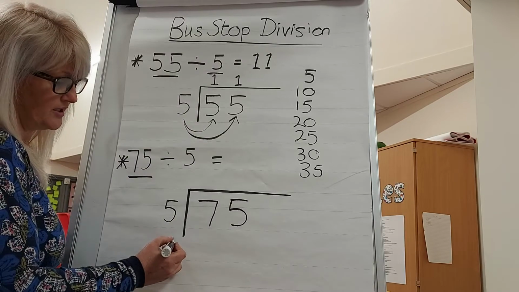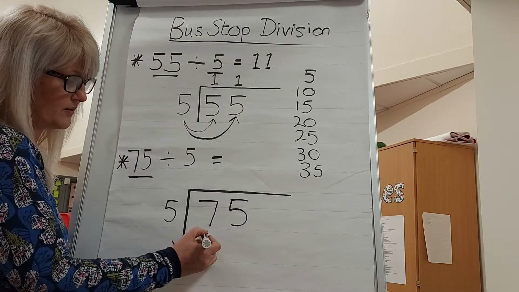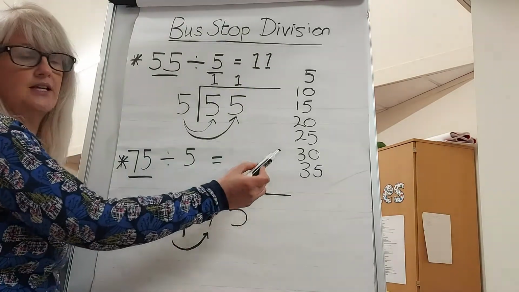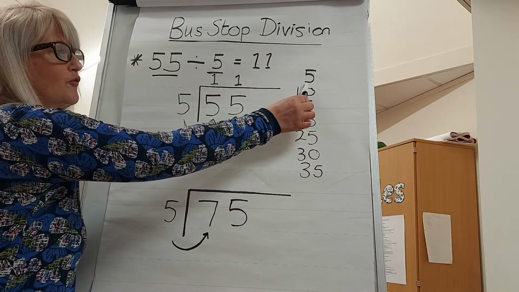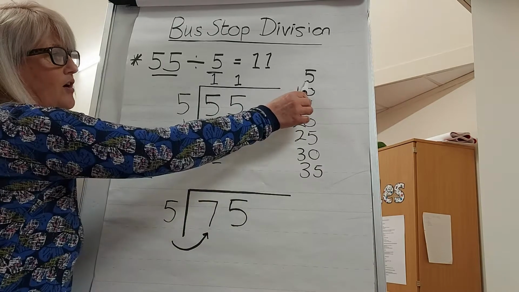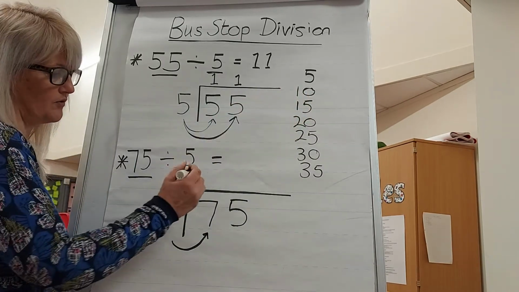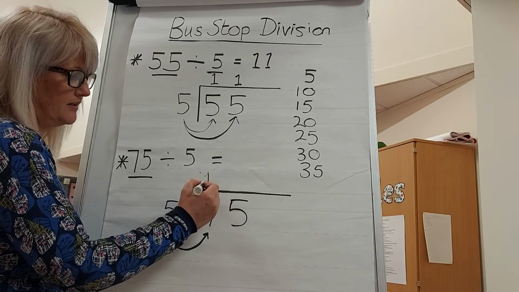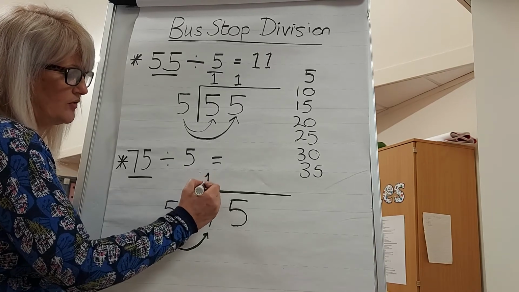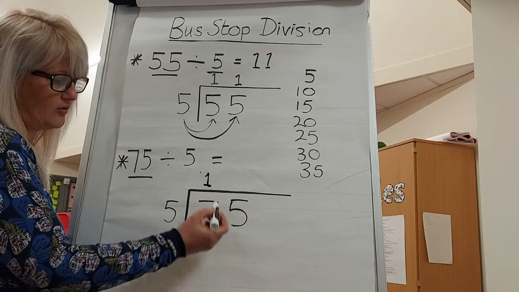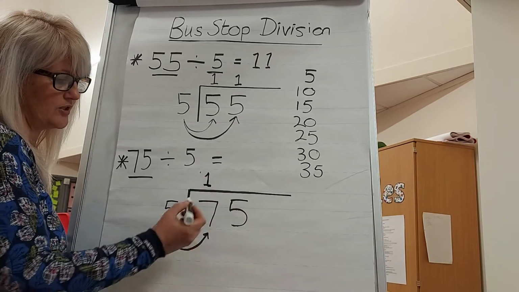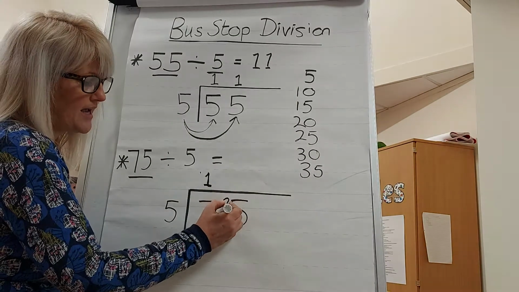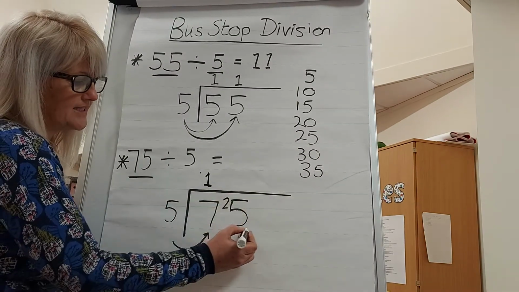My first calculation is how many 5s go into 7. Okay, well I know that 7 isn't in my 5 times table, so what I look for is the number before 7, and that's 5, and I know that 1 times 5 is 5, so I write 1 on my answer line here, but I've got some left over because I now know that 7 take away 5 is 2, so I've got 2 left over, so I take that 2 into my next column,